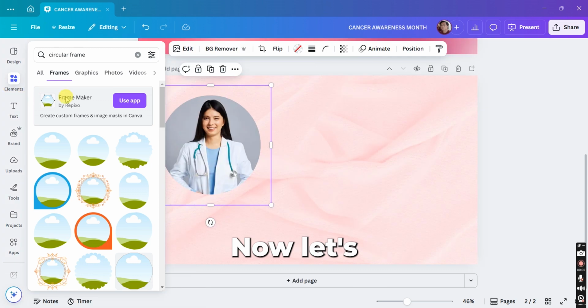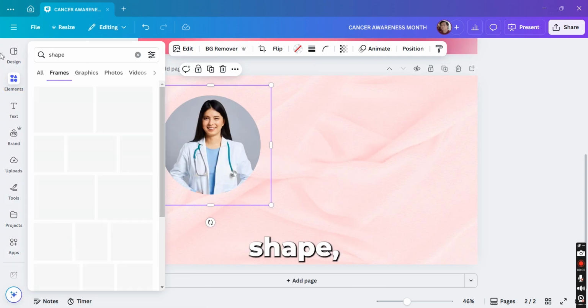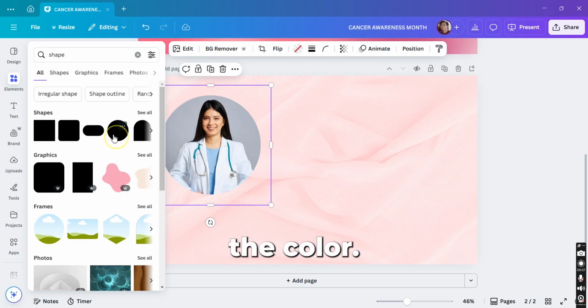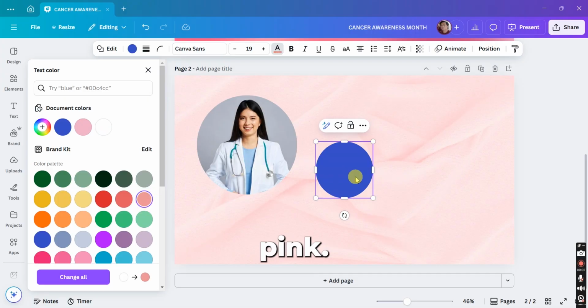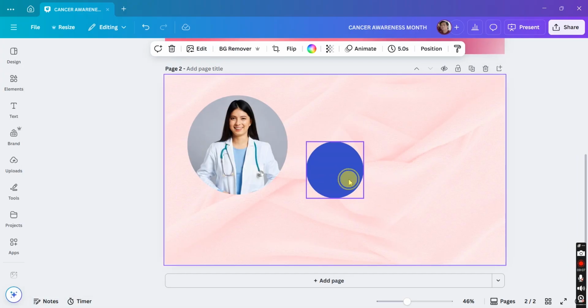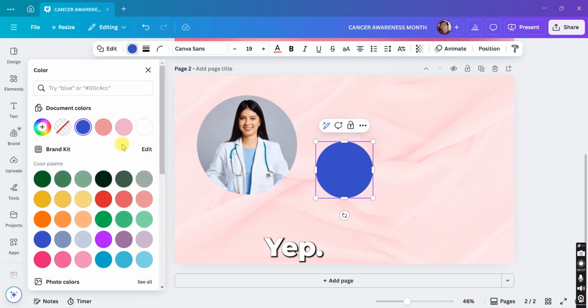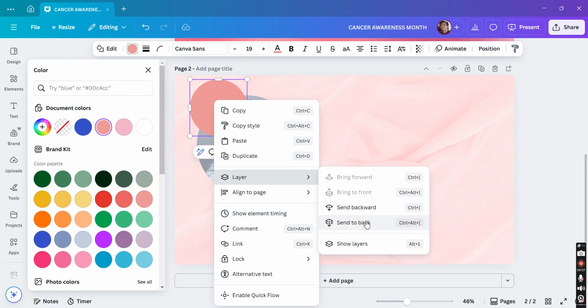And maybe I want to use another shape. Nope, let's just input shape. I want to use another shape, circle, so that I can play with the colors. So maybe color this darker pink. And then what I'm gonna do is put this at the back so that it creates like a stroke effect,